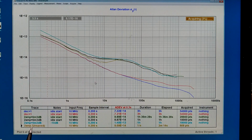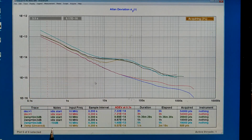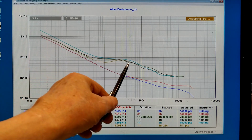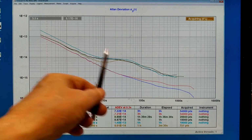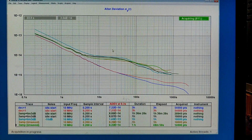Now this brown curve, which is slowly developing, the difference is that I removed the amplitude limiter, but it is the same signal level into the unit, so it is the same here, but it looks like something might be different here. I will have to wait for a while. It seems that the limiter is adding some noise at about 10 seconds. I can zoom into this region,